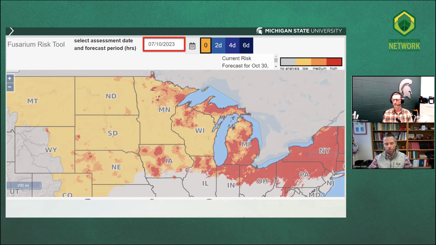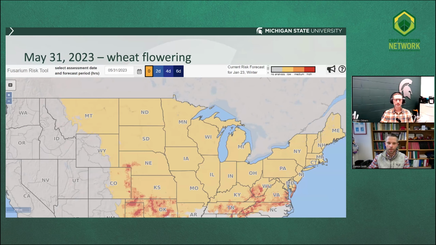Yeah, I mean, these two slides are really a good visual, I think, Marty. In Wisconsin, the last couple of years, we've had fairly low level. I mean, we have had some DON and some Fusarium head blight damage in winter wheat, but spring wheat has gotten hit really hard here in Wisconsin, and I think a lot of it is due to the fact that when winter wheat flowers we've been kind of in this, I'm going to just back up a slide, we've been in this scenario, right? Like low risk,